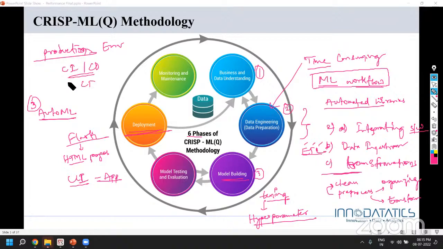CI stands for continuous integration. That means all the systems should be integrated continuously without any breaks so that the data flows through the system. Continuous development basically speaks about the model continuously being developed, enhanced, monitored.